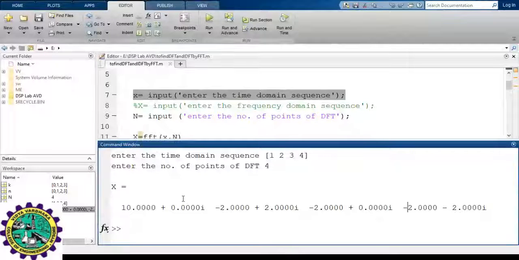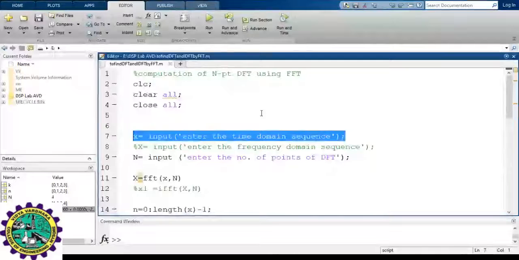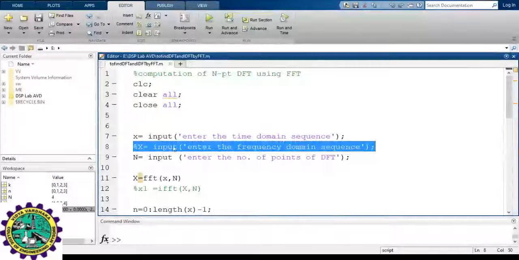Okay. Now, so far we understood how to find out DFT. Similarly, we can also find out IDFT, right? Very simple. We need to do certain changes in the same program so that we can get IDFT as well. First 3 lines will remain same. Instead of small x, what is the input? If you want to obtain IDFT, it is capital X. So you need to enter this same thing. So instead of small x, capital X.